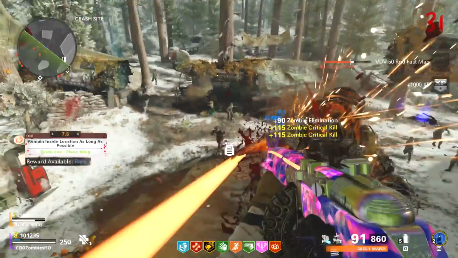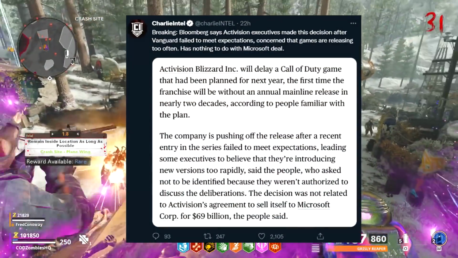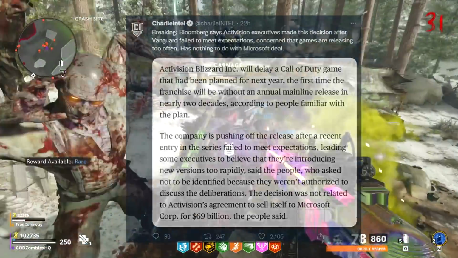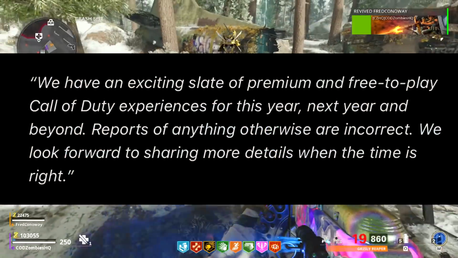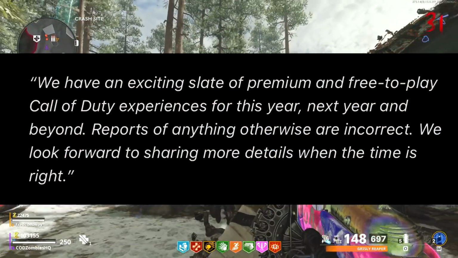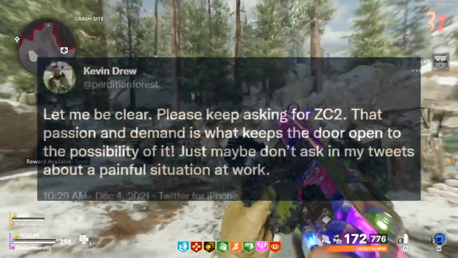With Treyarch announcing that their next main series Call of Duty game, originally scheduled to release in 2023, has been delayed by a year to 2024, it means that for the first year in forever, there will be no main series COD release in 2023. But knowing Activision, and even though they're now parented by Microsoft, it's likely they'll still want to put out some kind of new Call of Duty content that year, with speculation in the community being that that content could end